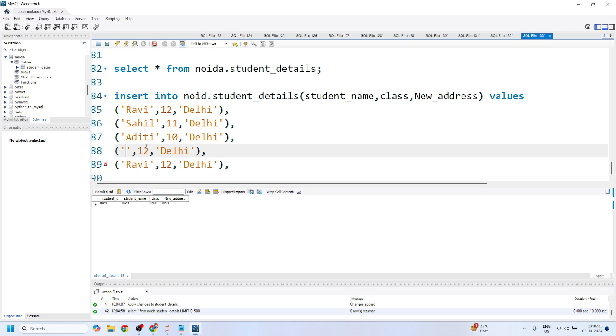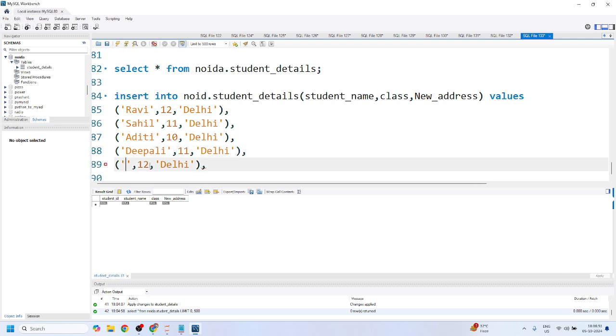This is Dipali, right? Dipali, and Mohit, Greater Noida,